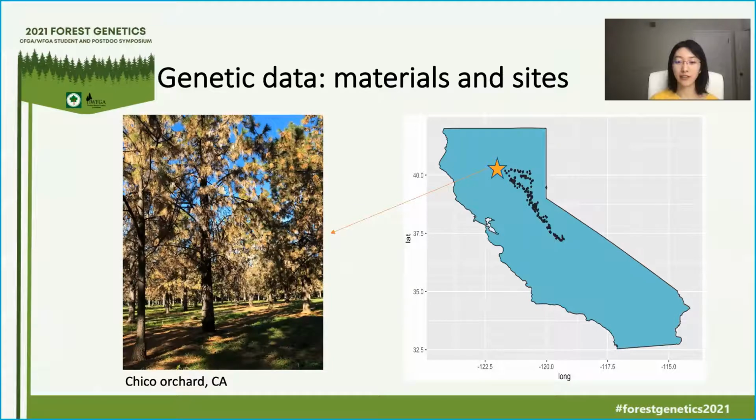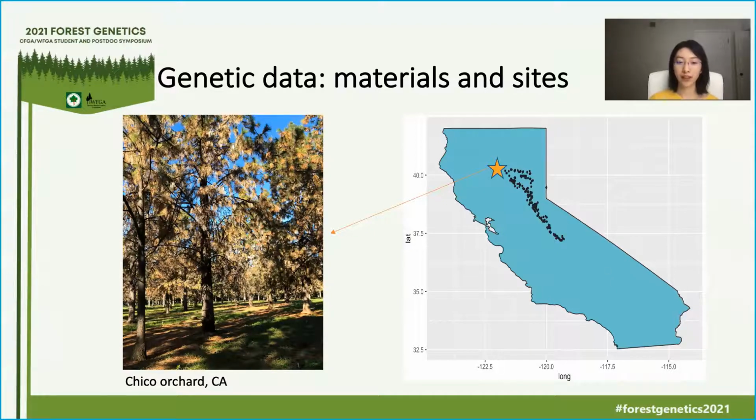In the 1970s, the Forest Service planted clones of over 300 wild ponderosa pine in Chico Orchard. The location is shown at the star place on the right figure. These trees came from diverse climate conditions in the central portion of California's Sierra Nevada mountains and are now reproductively mature, which presents an excellent resource for genetic studies. For this study, we choose 223 individual trees from the Orchard with the source location shown as the black dots in the right figure.